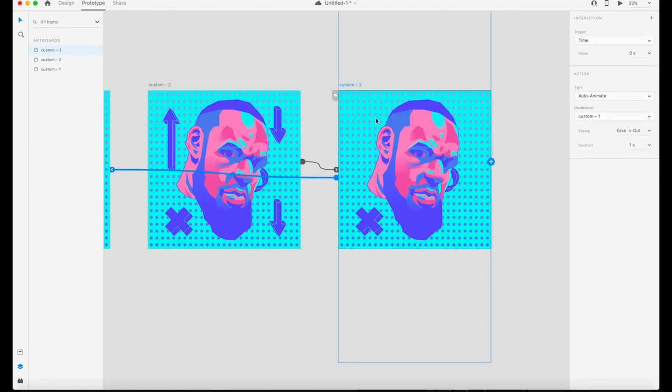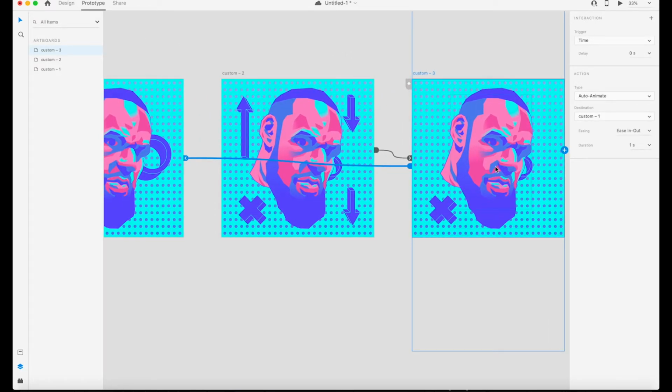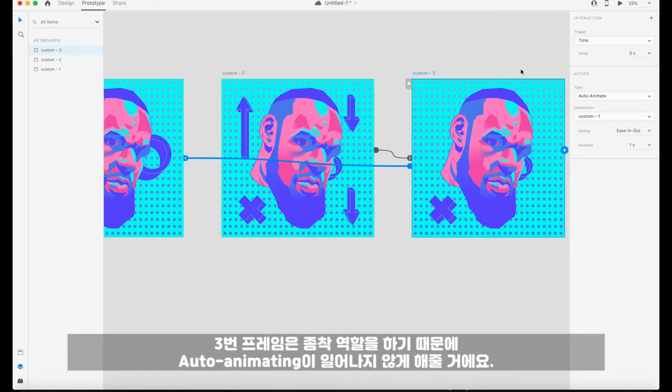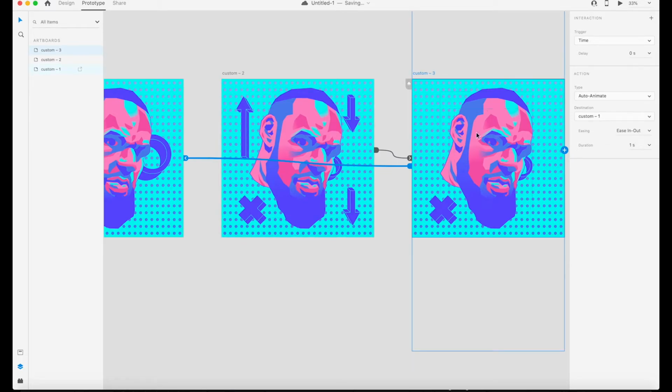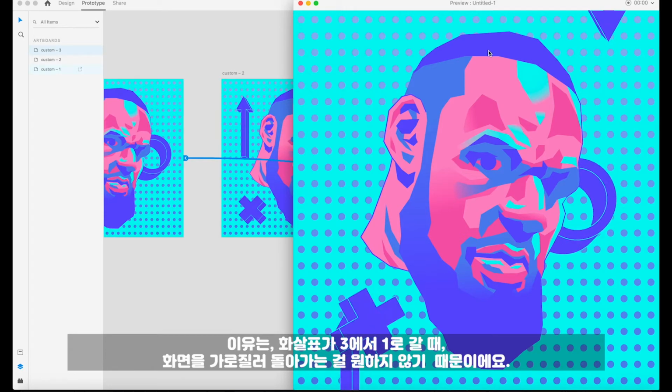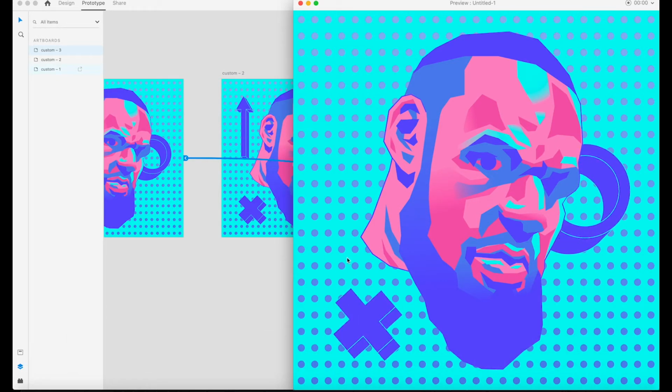And from here, what I also want to do is, this is a destination frame. So I want 1 to auto animate to 2. I want 2 to auto animate to 3, but I don't want 3 to auto animate to 1, and I'll show you why. So we have that going on, but because we're using the same elements, you can see that we don't want the arrows coming back into the screen and looping back to frame 1